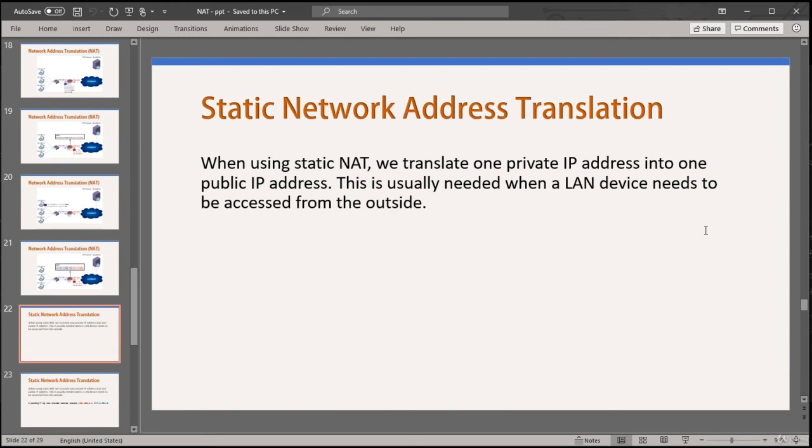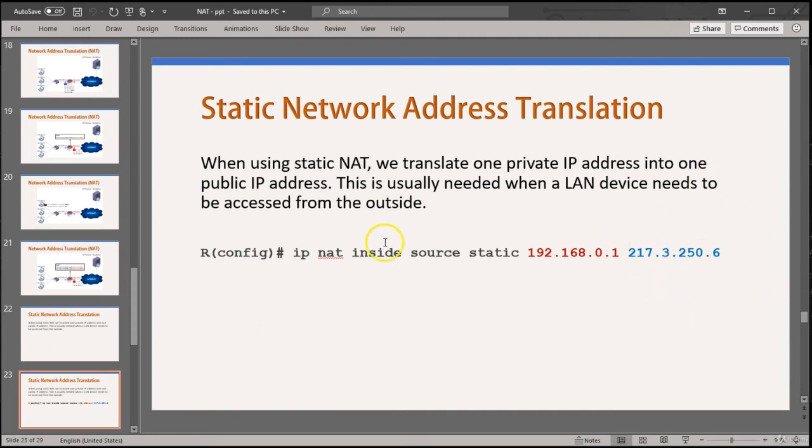Static NAT is pretty straightforward, since all you want to do there is give each private IP its own public IP. So you simply create a mapping for each of your private IPs manually. The command isn't very intuitive, unfortunately, but here's what these words mean. IP NAT obviously means that you want to configure NAT, and then inside source tells the router that you will list the private or the inside IP first,